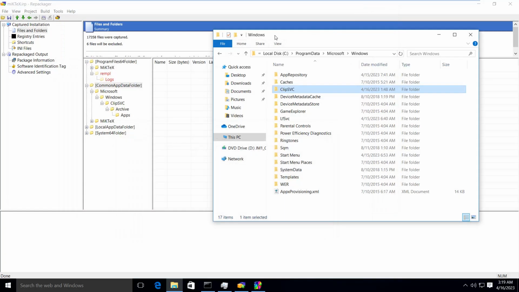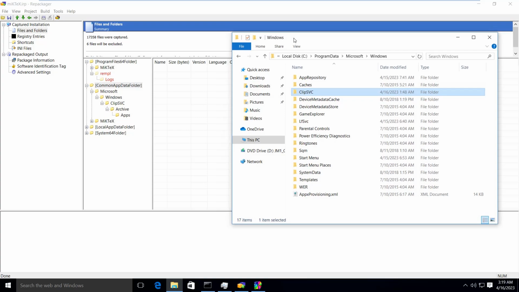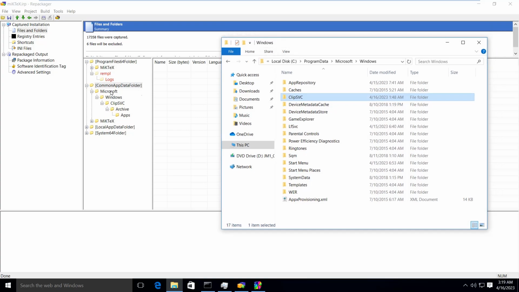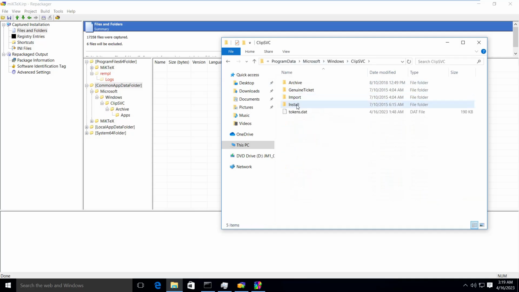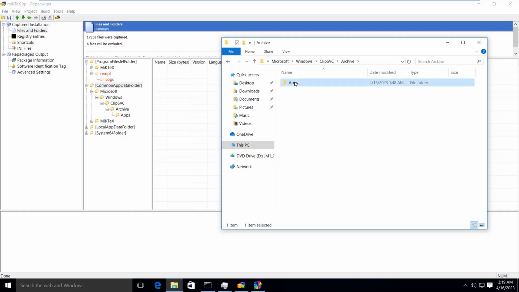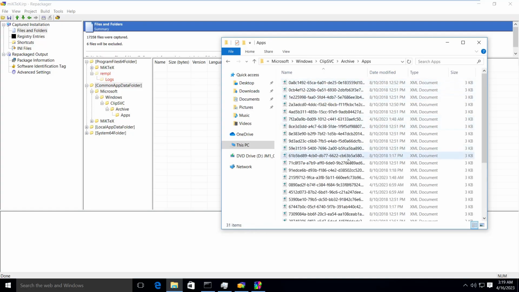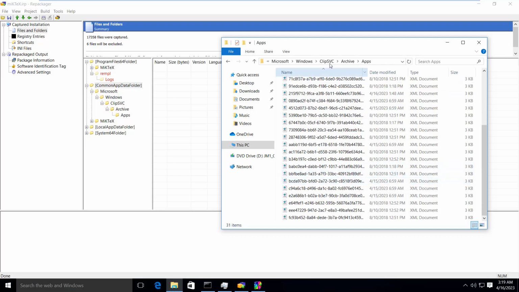Meanwhile I am focusing on Repackager only. So if you have observed, common app data folder means C program data Microsoft. It is an alias name, program data Microsoft Windows, clips svv, and here if you have seen archive, apps, under apps there are many XML files. Okay, but